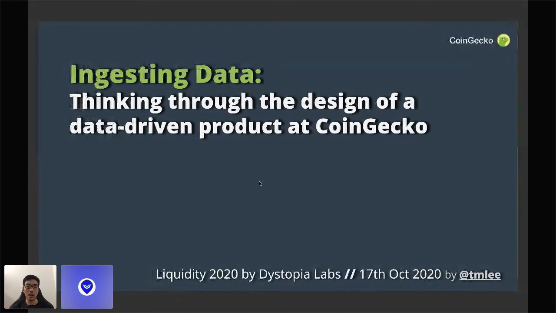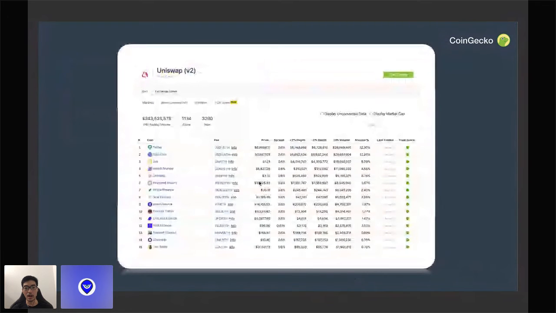Hi everyone. So in today's presentation, I'll be sharing a little bit about what we at CoinGecko have done in terms of thinking through the methods of bringing data from various different sources into CoinGecko to be presented to everyone through the website. The objective here is to achieve something like, for example, Uniswap data. How can we get the 3,290 pairs data points into CoinGecko, and not just Uniswap, but all the various other centralized exchanges, derivatives, DEXs, and so on? That will form the majority of the discussion in this presentation.